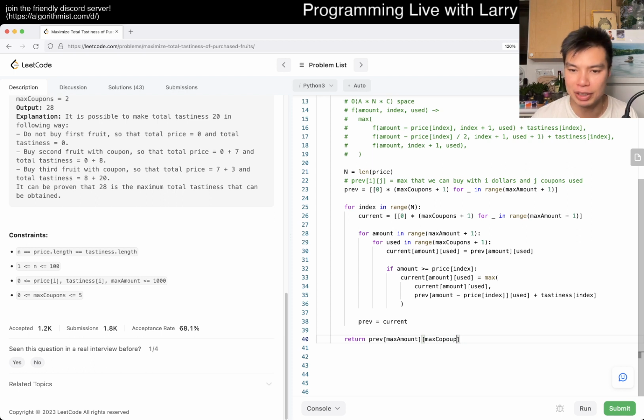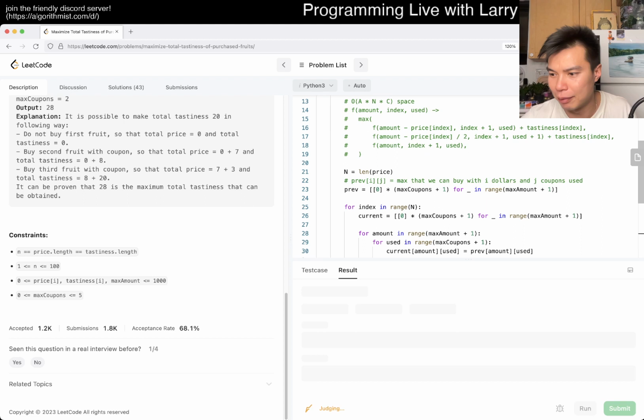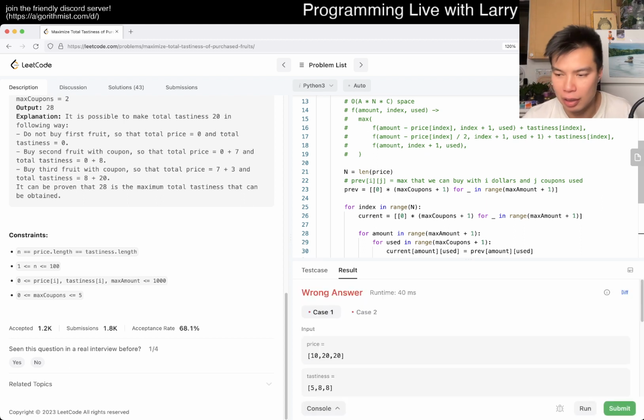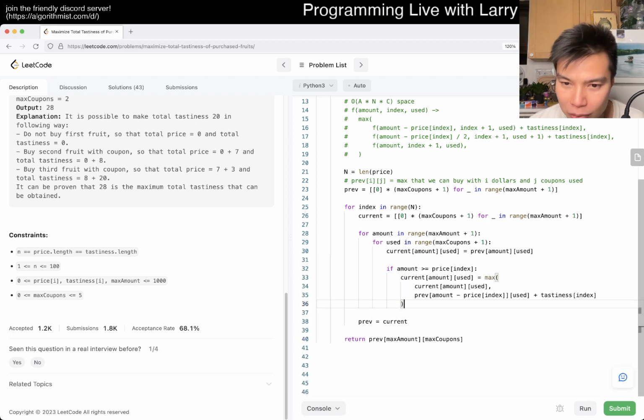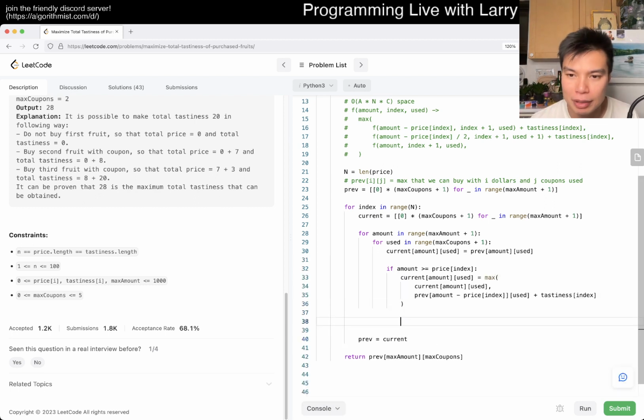I mean, this isn't sufficient, but I wanted to run my code just to make sure I don't have any typos. That's why I focused on this part first. I know that's not going to be the right answer probabilistically, unless I get unlucky and get the right answer and think I'm done. But no, right? And then so we already did this one and we already did this one, so we have to do the coupons one. So if amount is